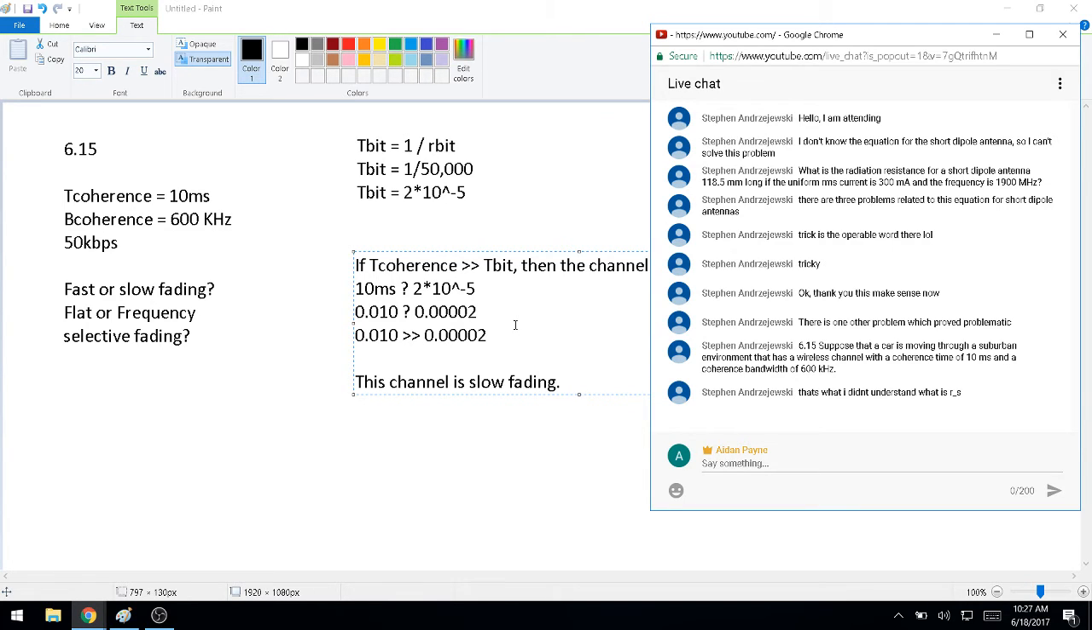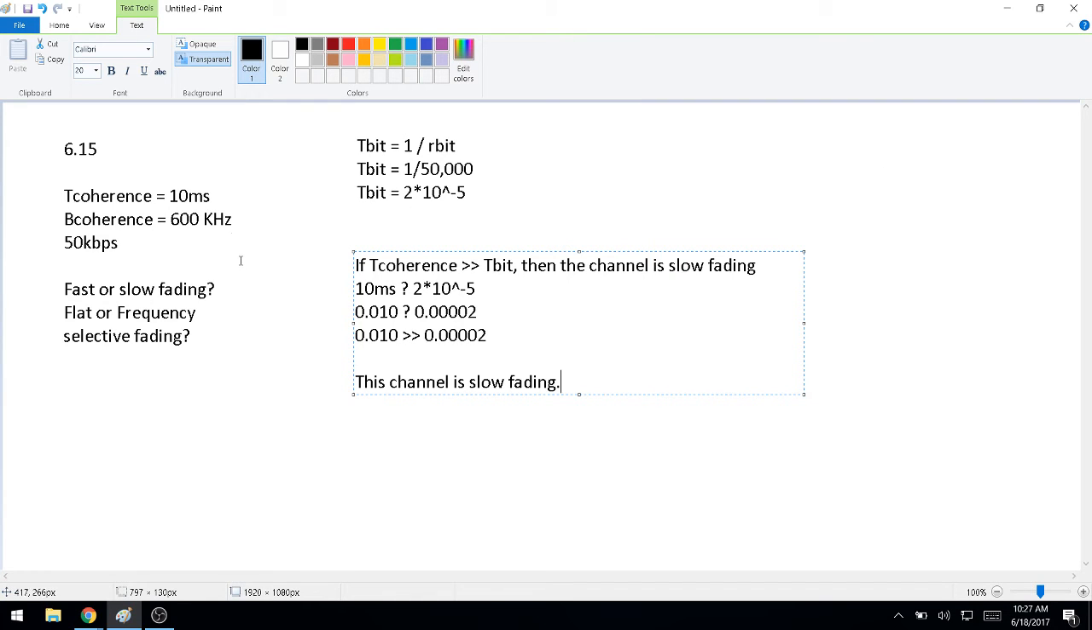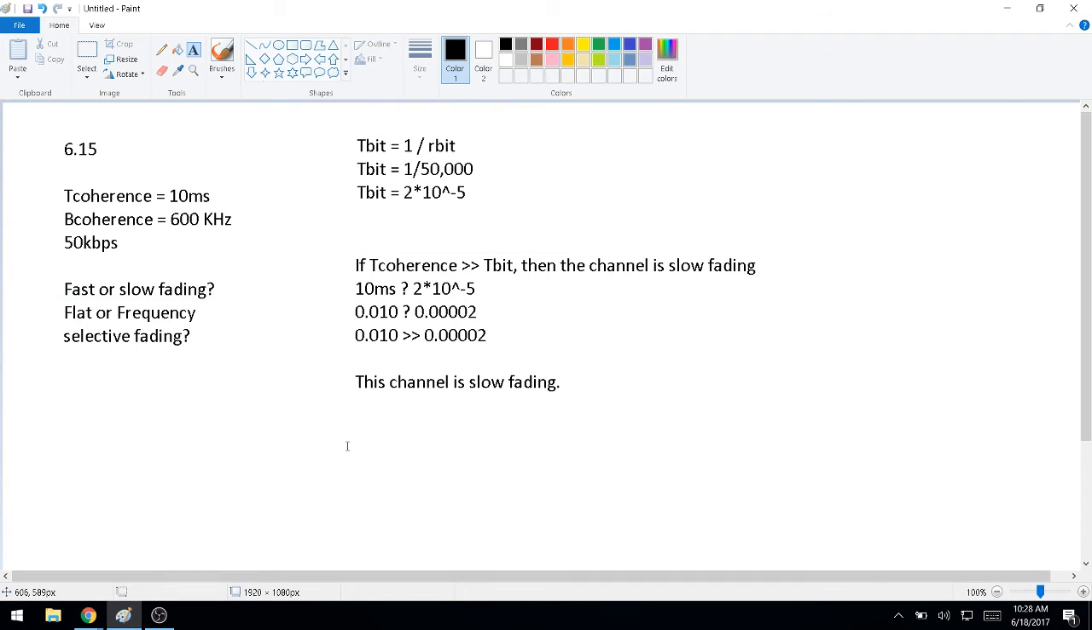Okay, so again, this is just for part A. This is addressing if we're looking at a fast or slow fading channel. If we then need to look at flat or frequency selective, this is the next step. So if we go